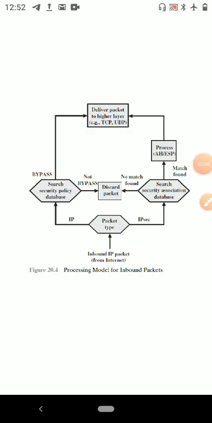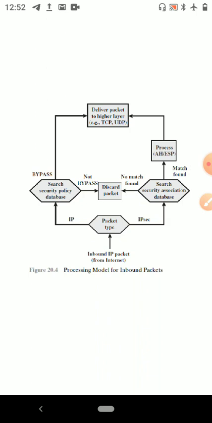Next, inbound packets. The figure shows the main elements of IP security processing for inbound traffic. An incoming IP packet triggers the IP security processing. Then the following steps occur. First one, IP security determines whether this is an unsecured IP packet or one that has ESP or AH header or trailers by examining the IP protocol field IPv4 or next header field IPv6.